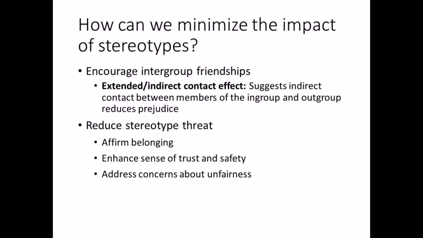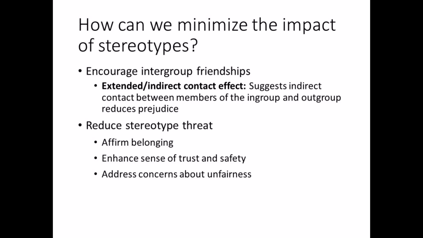It works by increasing knowledge about the other group, by increasing empathy and perspective taking, and by reducing anxiety about intergroup contact. The third strategy is to take steps to reduce stereotype threat. This can be done by first affirming that everyone belongs, that everyone is capable of performing well. Do not mention stereotypes. It also helps to enhance an individual's sense of trust and safety, and to address concerns